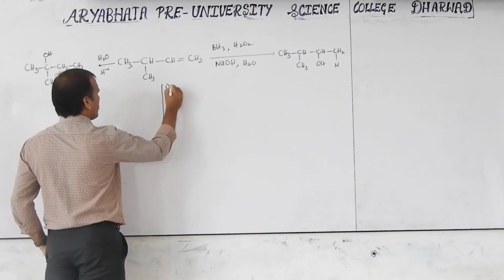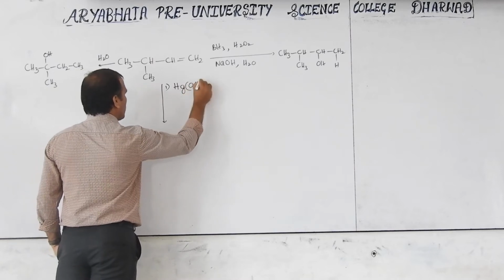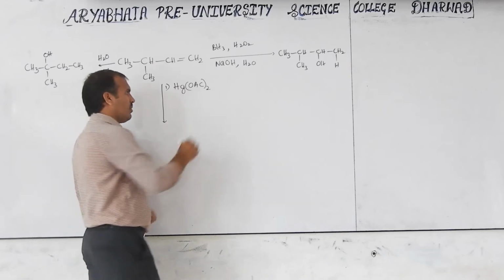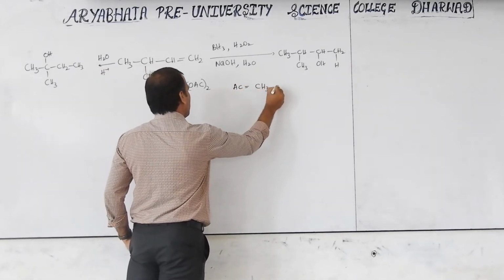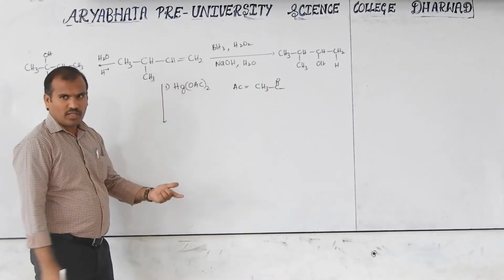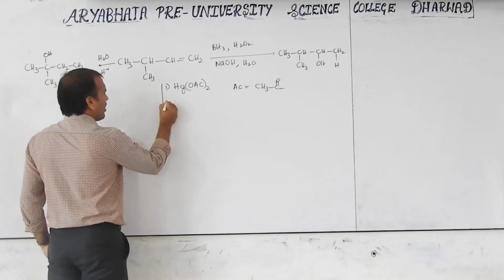There is one, the first one. The reagent is Hg(OAc)2, taken twice. Somebody may be thinking what is Ac, so I will write Ac separately. Ac is nothing but CH3C double bond O, I mean that bond. So that is the meaning. Now this is one, and second one is